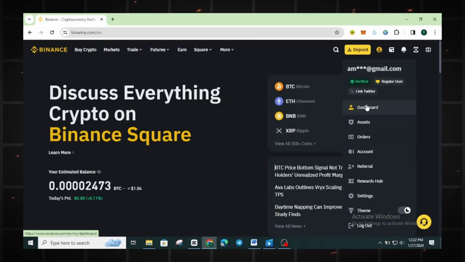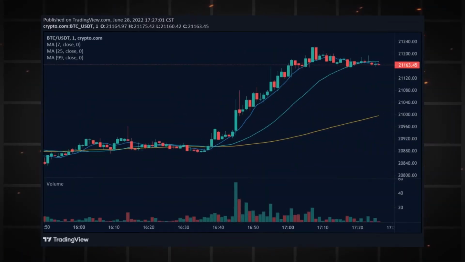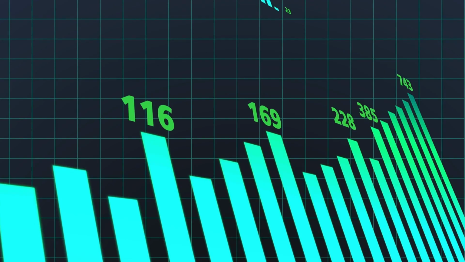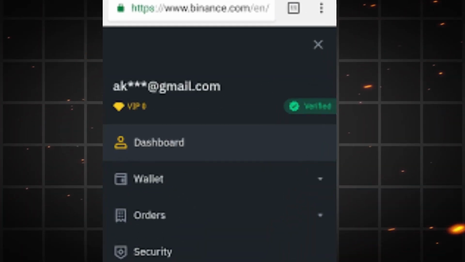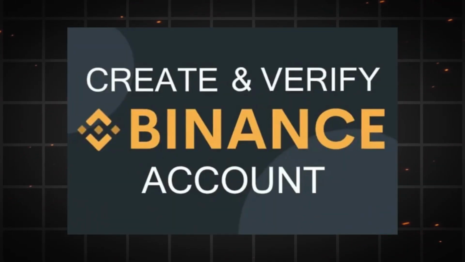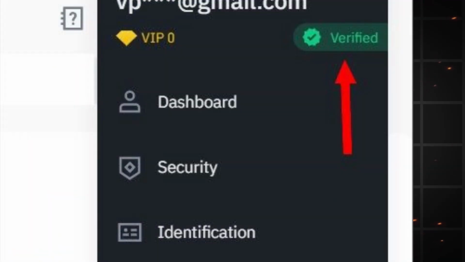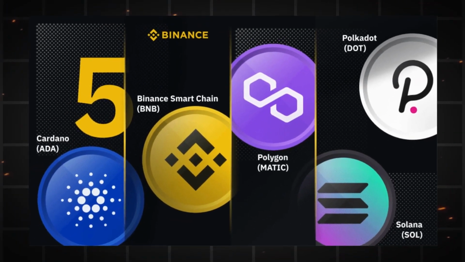on how to create a verified Binance account. Whether you are new to cryptocurrency trading or looking to expand your portfolio, having a verified Binance account is essential. I will be showing you how to create a verified Binance account, one of the leading cryptocurrency exchange platforms in